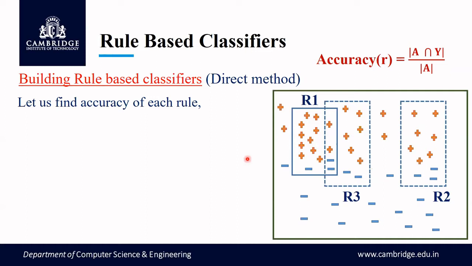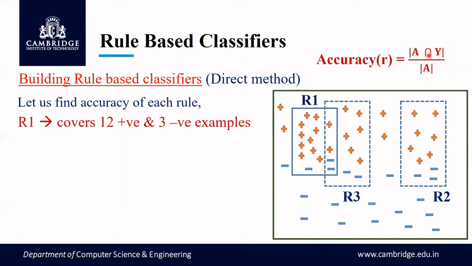Okay, so now let us consider rule 1. It says that rule 1 covers 12 positive examples and 3 negative examples. And here our aim is to classify only the positive class, right, for a particular class label. So what will be the numerator value with respect to R1? The numerator value should match the antecedent part as well as the class label. So how many records are there which yield us the positive class? There are 12 records, right?